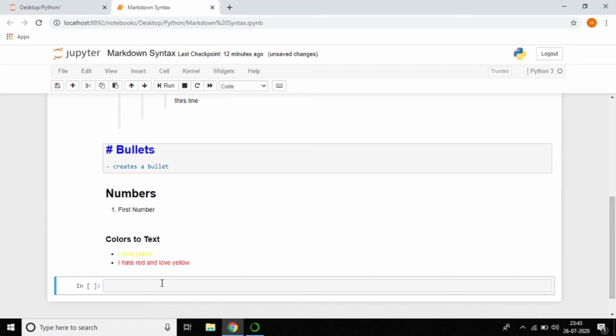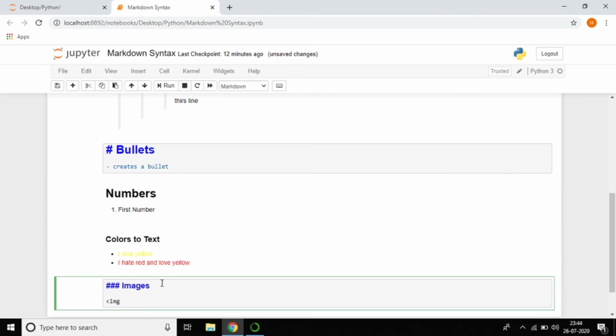Just escape and markdown. So now with markdown, I'll work with images. We have the image tag as well as the font tag. We have many tags in HTML, and the same tags are applicable here in markdown also. And src equal to, src means source. This means we are taking the source image from wherever we are using in our documentation. So for example, we write the image in these quotations, right? So how can we do that?